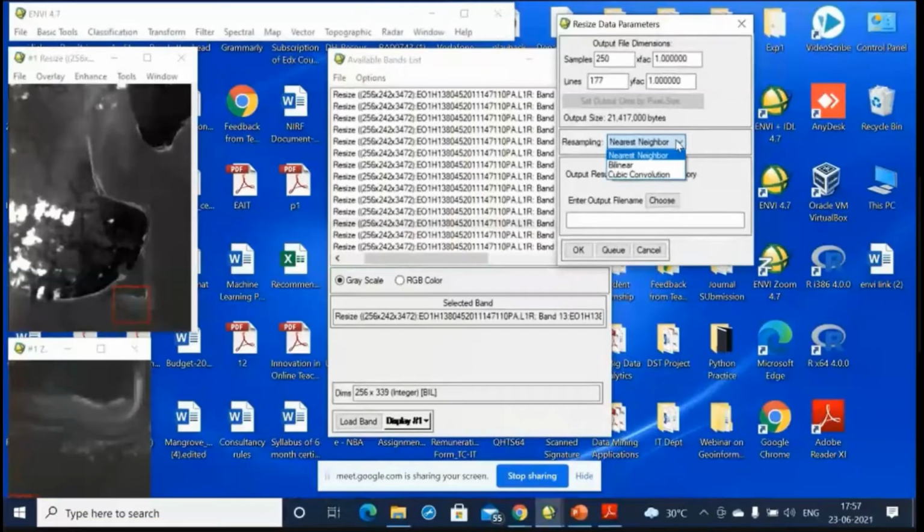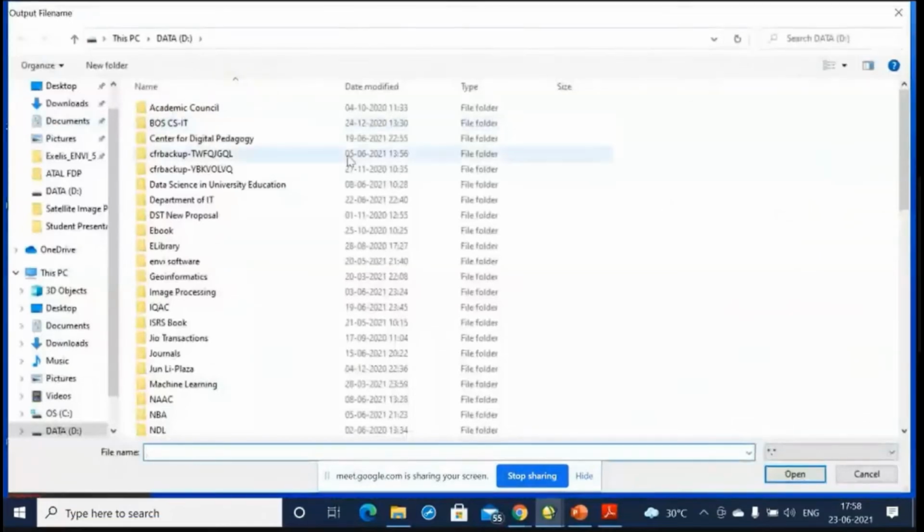I can explain the meaning of these methods to you, or I can tell you where you can get information about them. But right now, let us concentrate on the atmospheric correction. So here you have to select the method of resampling, and then you select an output file name.